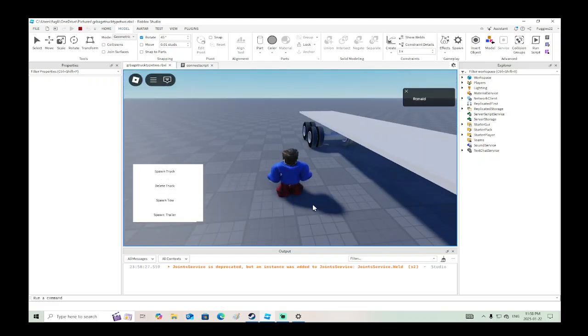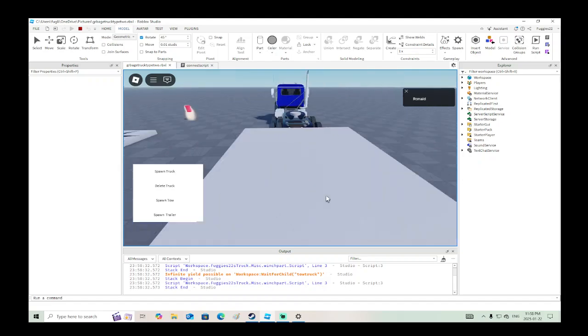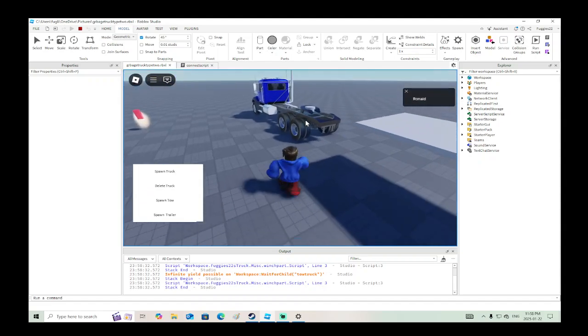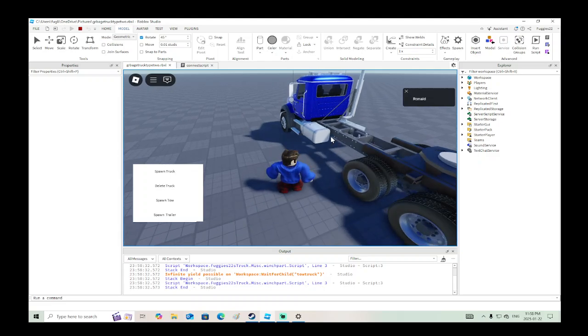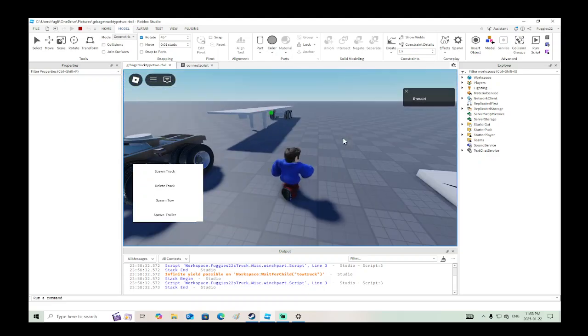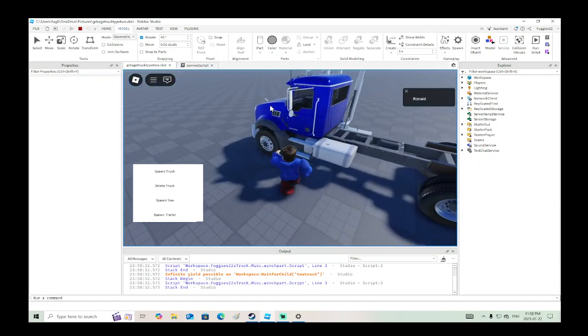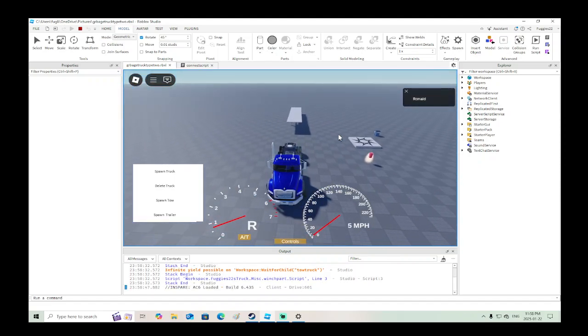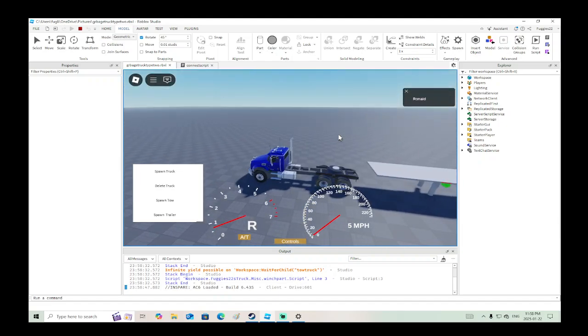So in the next video, what we'll do is we'll finish with the lights. We'll make sure that we add more lights to the trailer and finish adding the lights to the truck. Basically now that's what we can do. We need to add brake lights. We need to add the turn signals. And then you can place those all over the trailer, as you can see, and it'll work. And then every time you connect to the trailer,